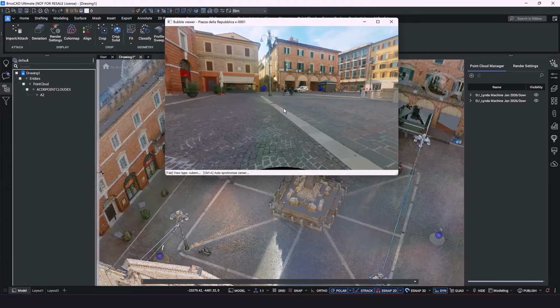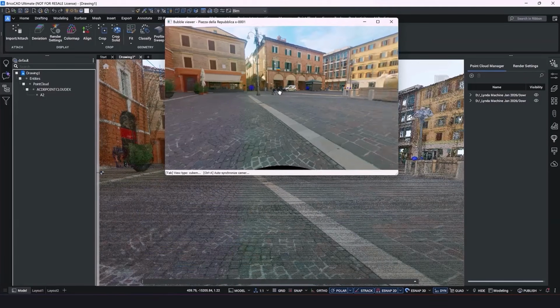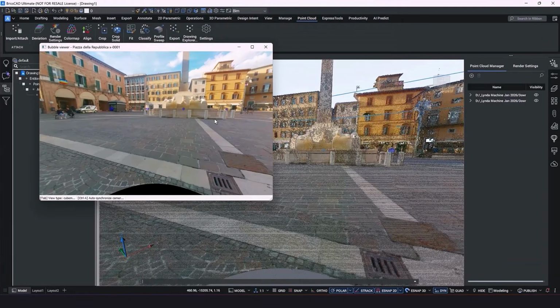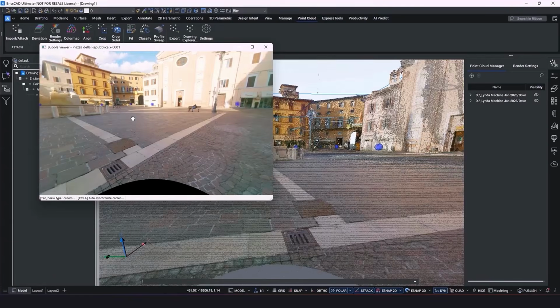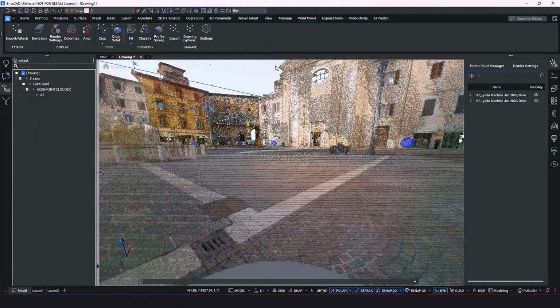Or, which I like to do, you can hold Control and A, and that will auto sync your camera to your bubble view in the point cloud. Really quite handy when you're working with multiple scans. All right, let's close that one down and go back to the top.